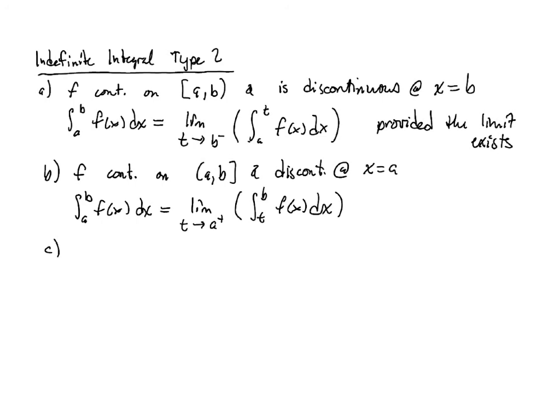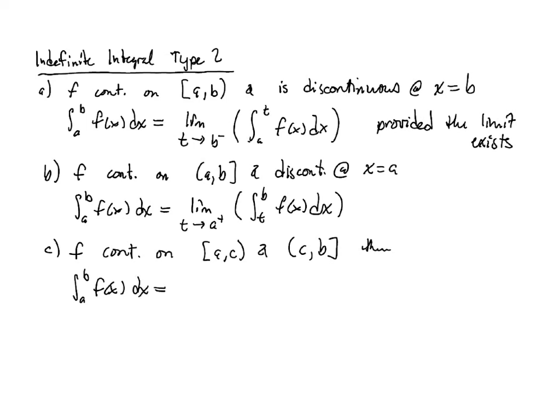The third situation that we encounter is the situation where the vertical asymptote occurs in the middle of the interval. So if f of x is continuous on the interval from A to C and on the interval from C to B, then the integral from A to B f of x dx is defined to be the integral from A to C f of x dx,